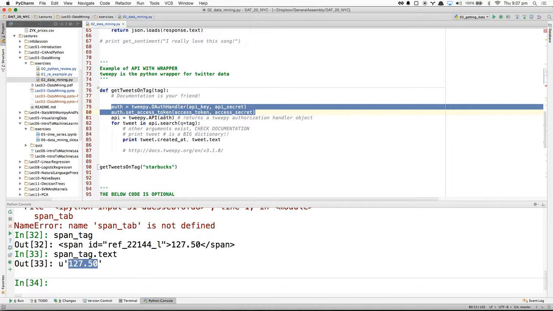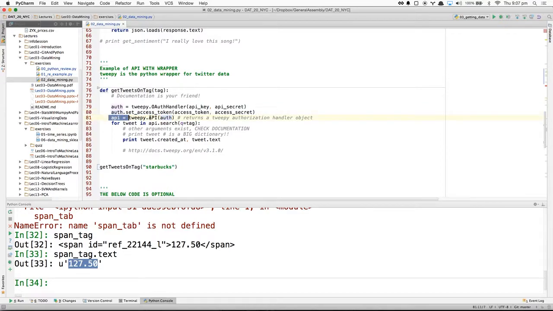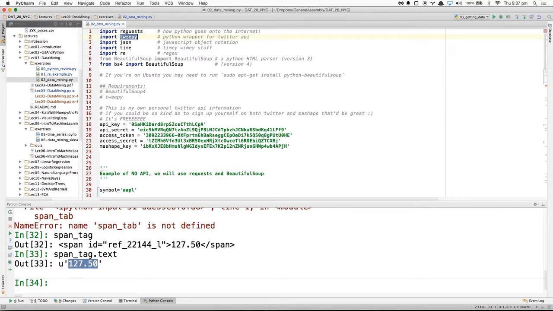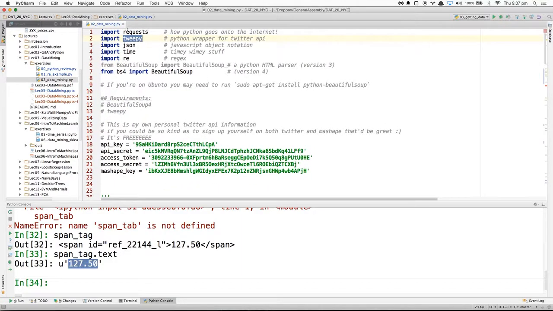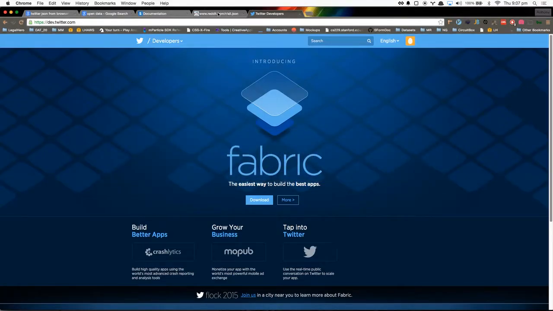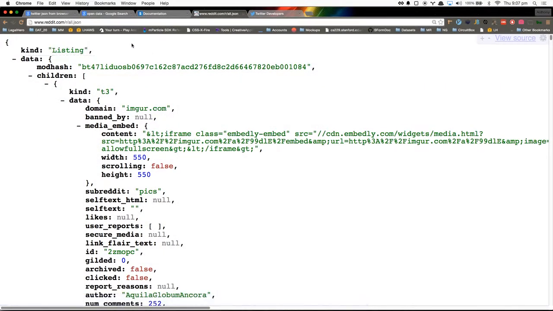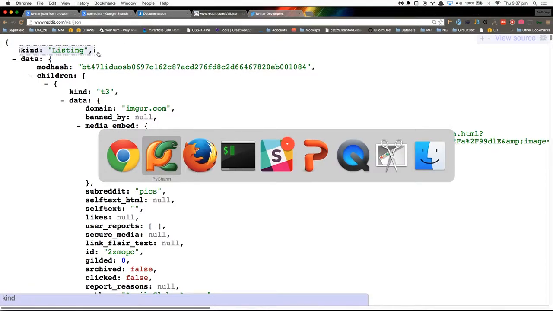Once we set up the auth object, then we can access the API. And I should also mention that I'm using a module here called Tweepy. You guys will have a chance to play around with this a little more. But really what Tweepy does, it's just a wrapper. It's a Python object that allows me, rather than having to interact with JSON, to interact directly in the native Python types. So there would be some overhead, going back to what we saw here. Even though this is a dictionary, it's not quite a Python dictionary. It's very similar, and it behaves and acts the same way, but there would be some overhead of converting this JSON object into a native Python object.